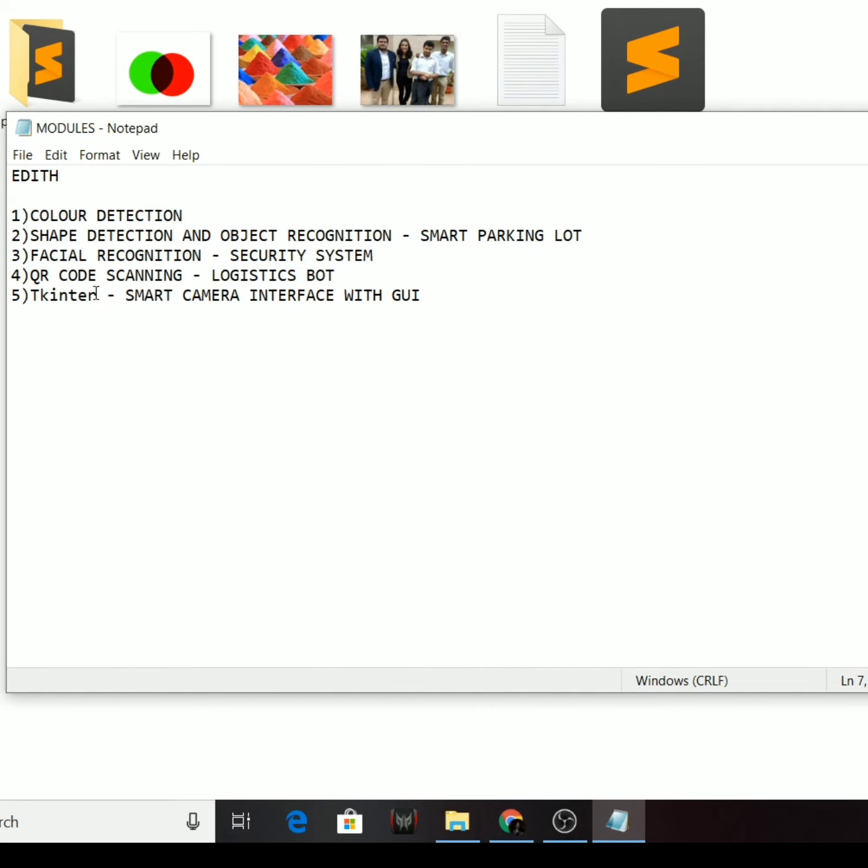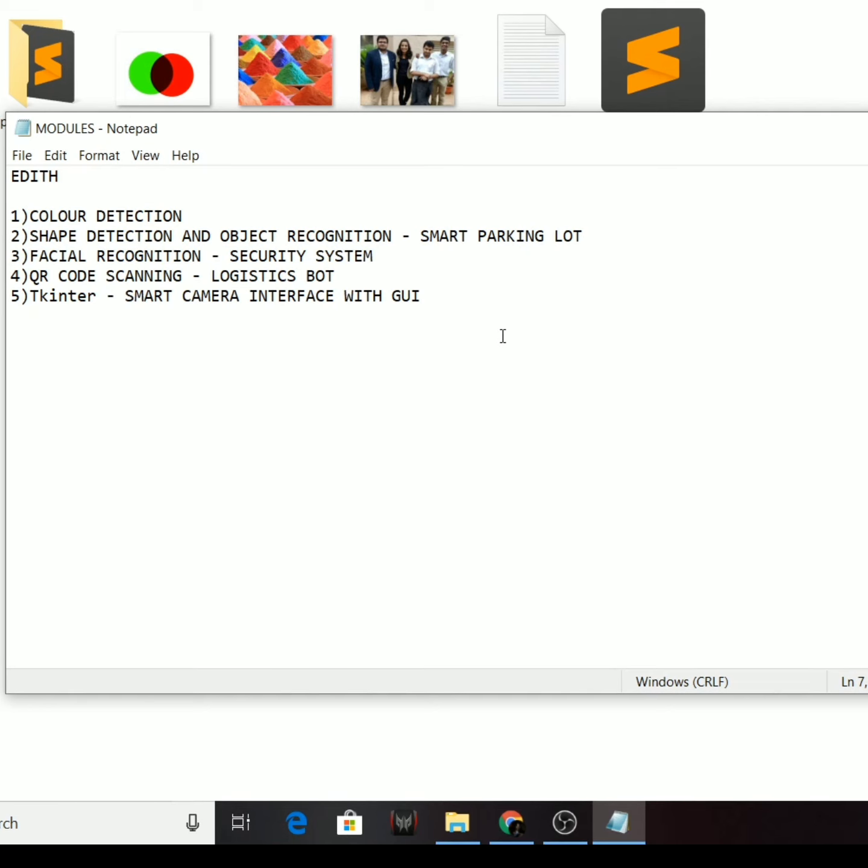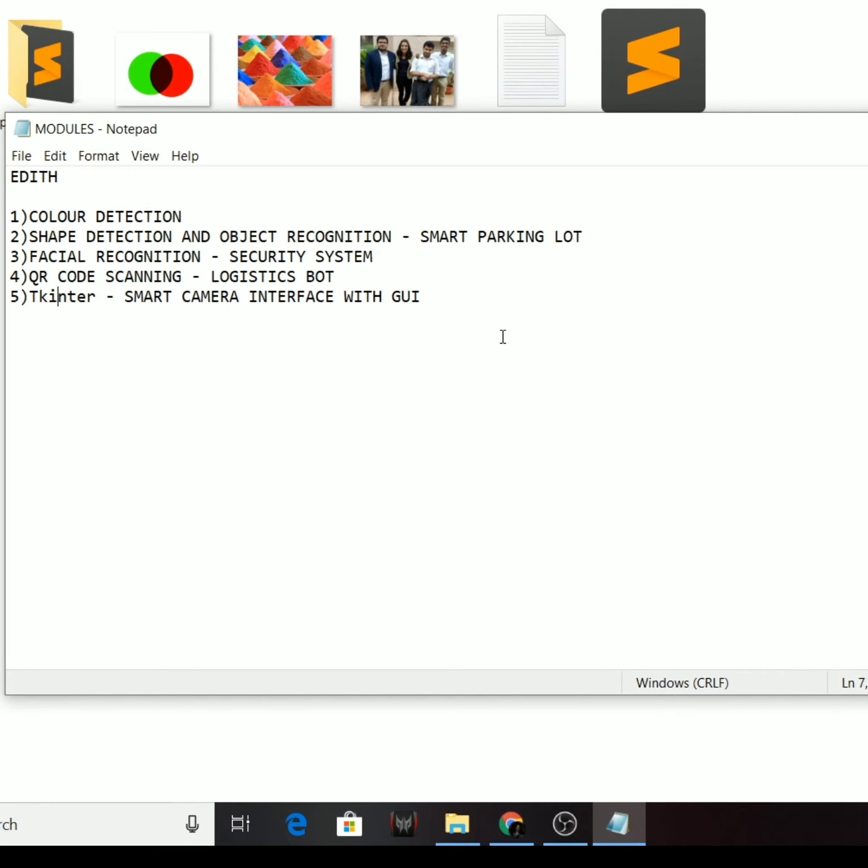And in the fifth week of the course, we'll be learning Tkinter. Tkinter is nothing but a GUI making library in Python, with which we can make various crazy GUIs. At the end of that week, we'll make a smart camera with all these things which you learned in the 4 weeks, and we'll add all the functionalities, and we'll make a complete GUI. Let's say we are making something like an app, which will have features like filters, which can detect colors, which can detect objects, which can detect your face, which can scan QR codes and everything. So let's get started.